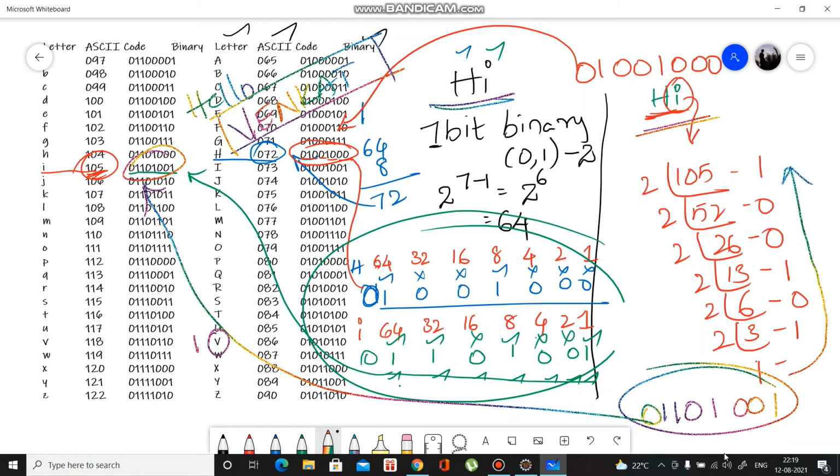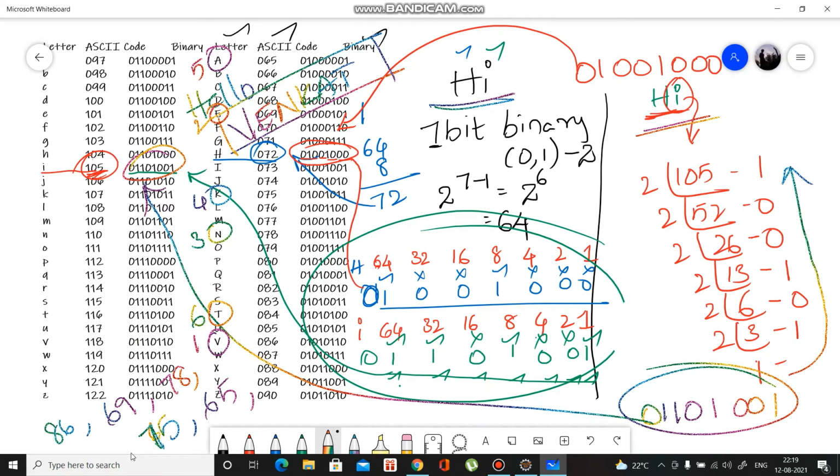V, E, N, K, A, T. So it will be like this: 86, comma, 69, comma, 78, comma, 65, okay, 75, and comma, 65, comma.